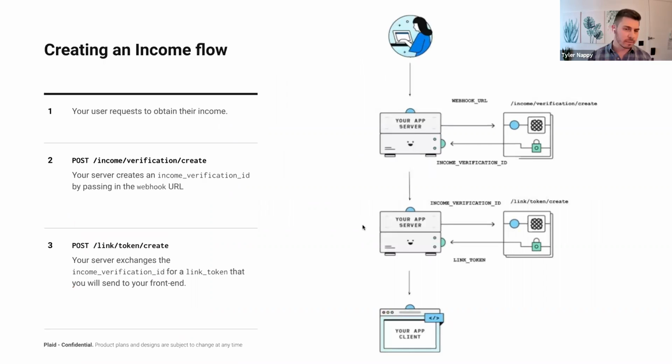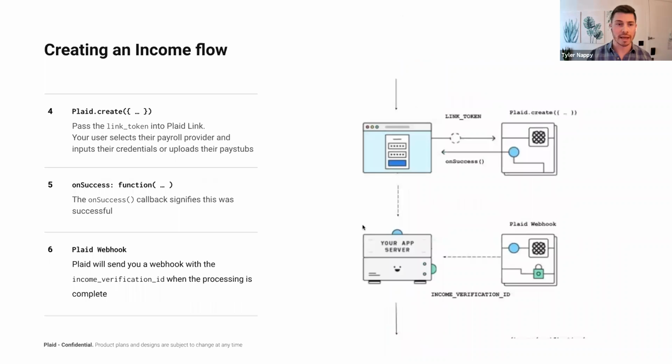So how does this all work from a technical perspective? Within your application, a user would request to obtain their income. From there, you would create an income verification on our end by just providing the webhook URL. This would then return an income verification ID. You would then take that income verification ID and create a link token, which associates that particular income verification to a link token, and it gets returned to your backend. You then send that link token to your front end,